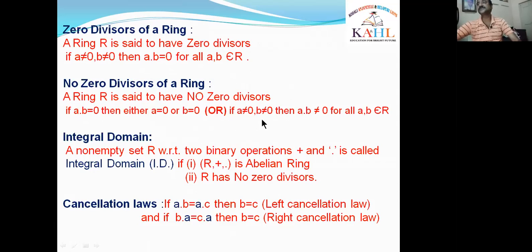If this condition is satisfied, then the set R is said to have no zero divisors. There is another condition that can be used instead of this one to say that R has no zero divisors. What is that condition? If the product is 0, if we take A dot B equal to 0, then one of these two elements, either A